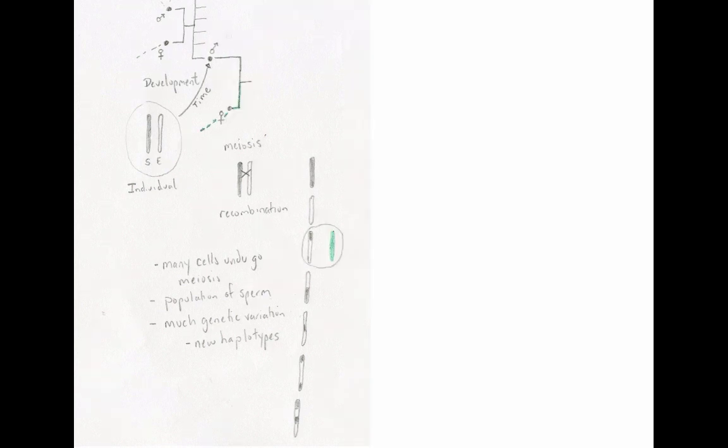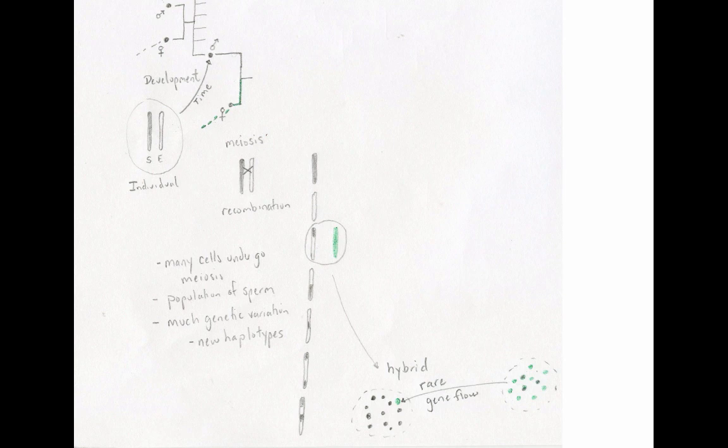So here I'm showing the male mating with a female, and I've drawn the female's chromosome green, indicating that it's very distinct from the male's chromosome. And so I'm imagining that the female here came from a subpopulation that had been not interbreeding with this subpopulation here for a long time. So they've been diverging